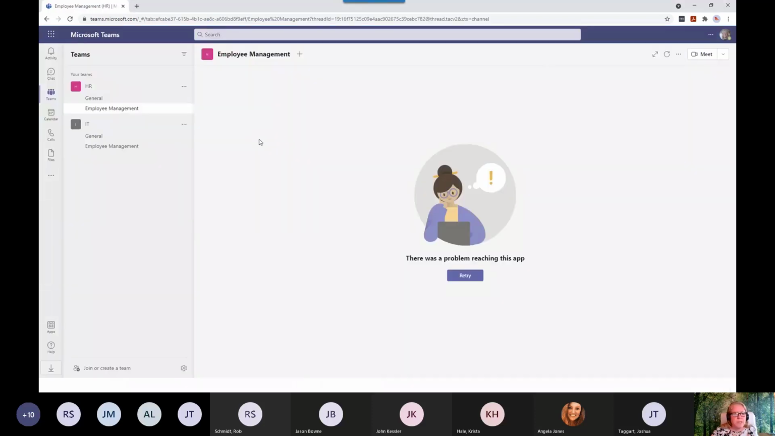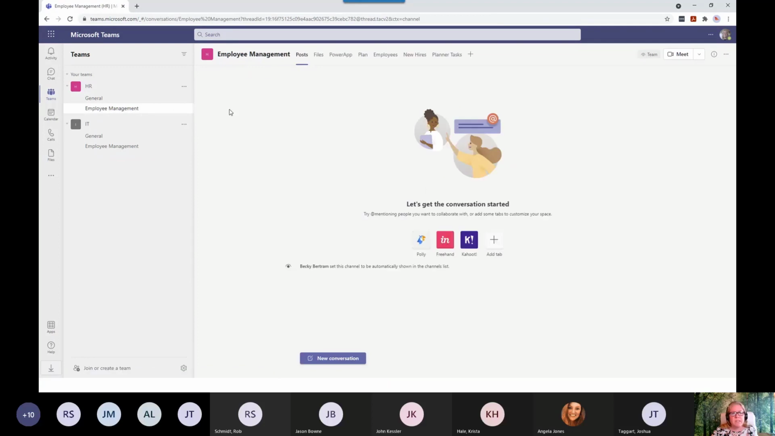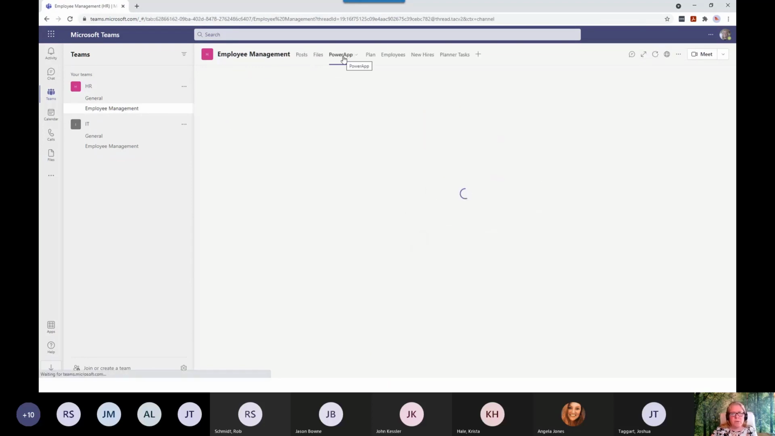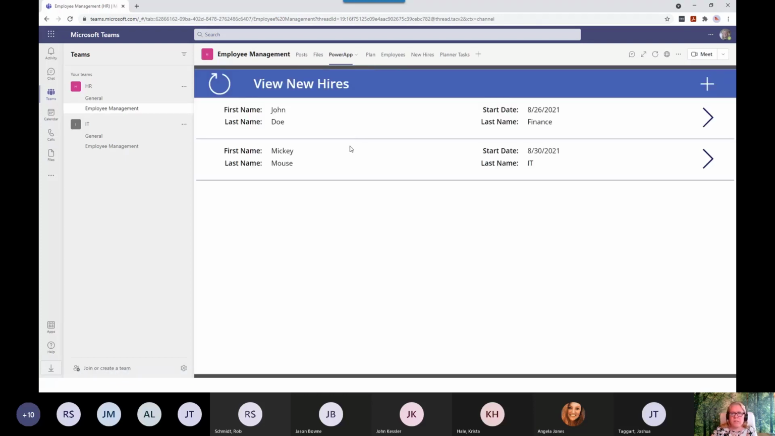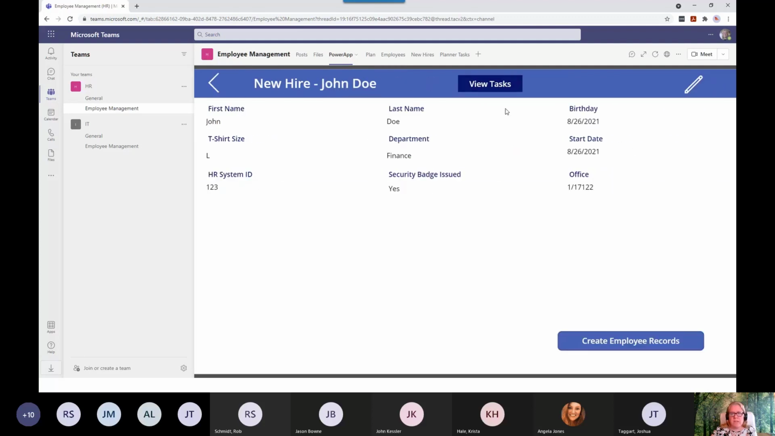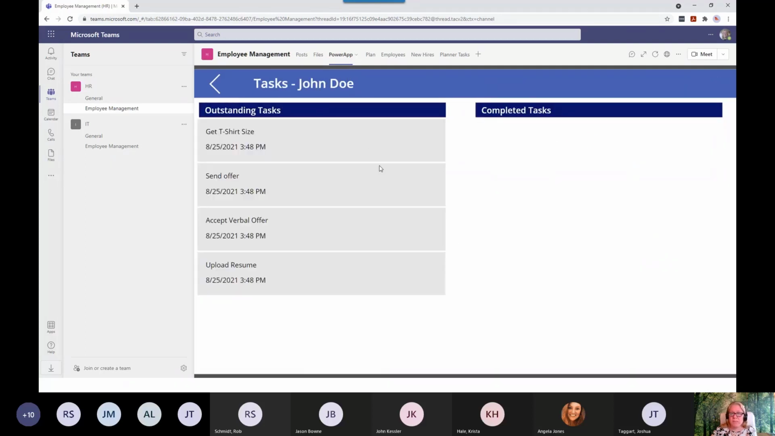For the employees, we have a channel that's specifically an employee management channel. This is where they can go into the Power App and view the list of new hires. For each individual new hire, they can view the information, edit the information, and view the tasks that have been created for that user